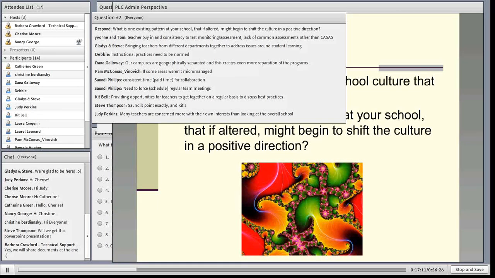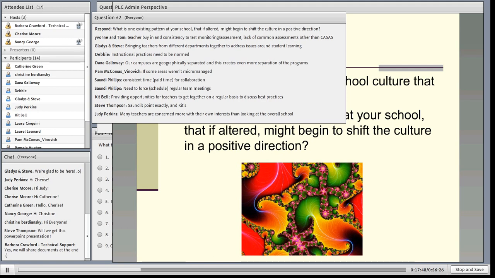The micromanaging, we're also going to address a little bit from a couple of perspectives, because part of collaboration and working in a professional learning community is about letting go of that micromanaging. And so at least some of this can give you a system and a process to begin to do that, or to help your staff do that. And norming instructional practices, that's huge, and that has been one of the outcomes that we've begun to see. So I'll definitely try to share some of that with you.